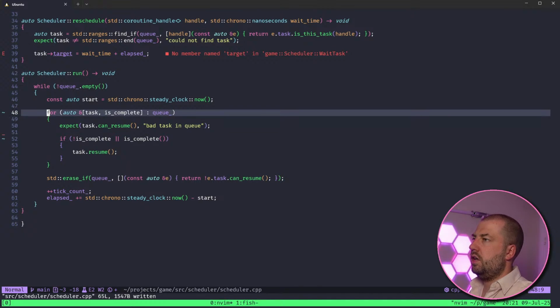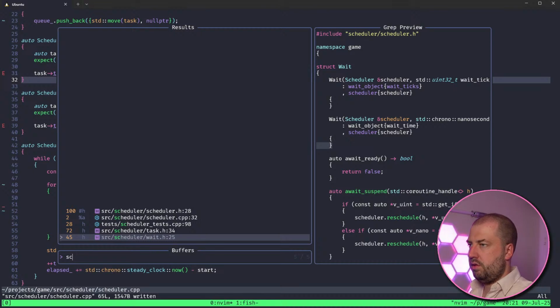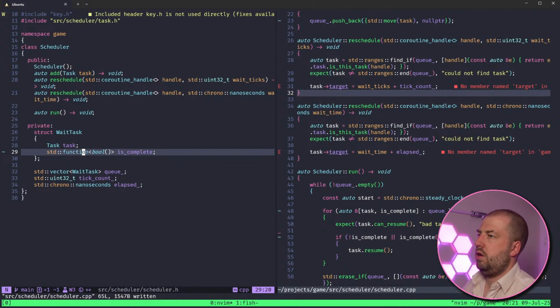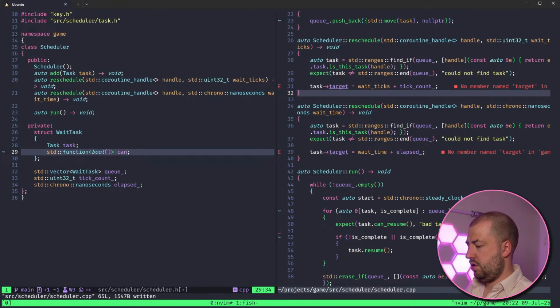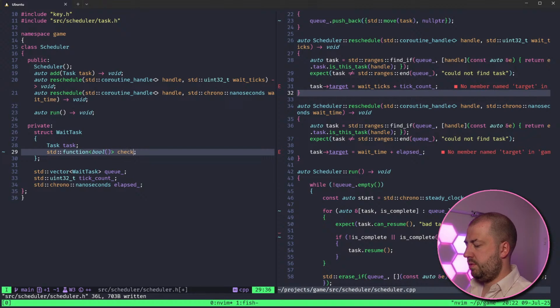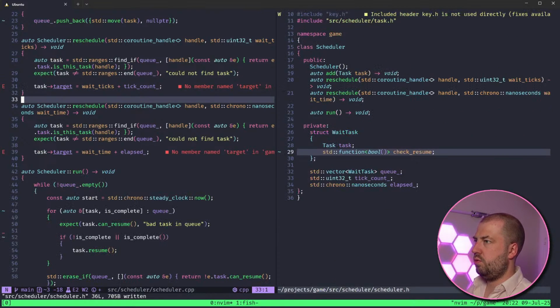Yes, you're right. That is probably not the best name now that we've written all that out. Can resume? Do we think that's better? Or maybe check resume, and no, function implies that it can always be resumed.